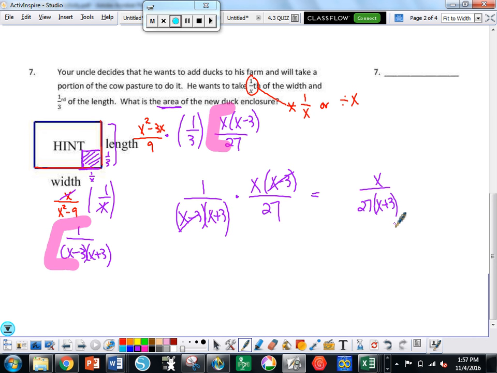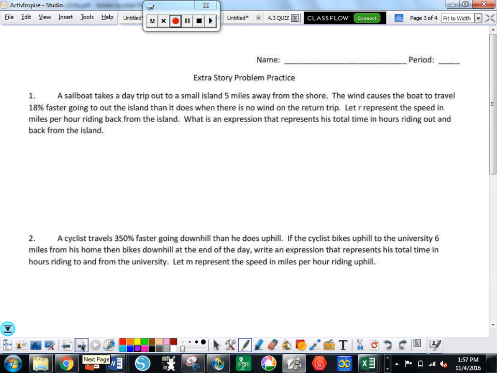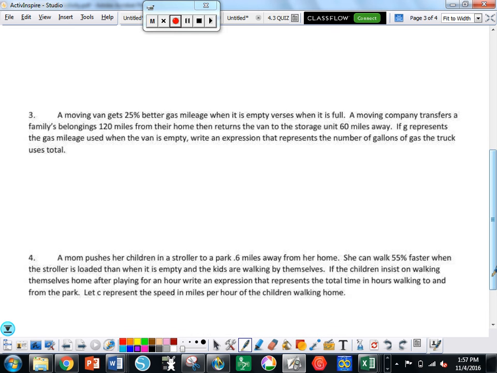Let's look at number 3 on the extra story problems page. A moving van gets 25% better gas mileage when it's empty versus when it's full. So, yes, it's getting better gas mileage, but this all depends on where my variable is going. A moving company transfers a family's belongings, so its gas mileage, pause for a second, the gallons you use is equal to the distance you drive over your miles per gallon. So when we set up our chart,